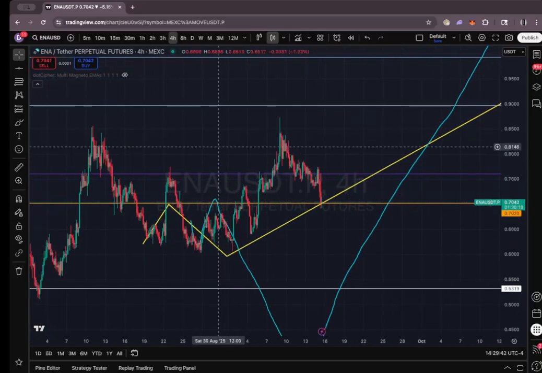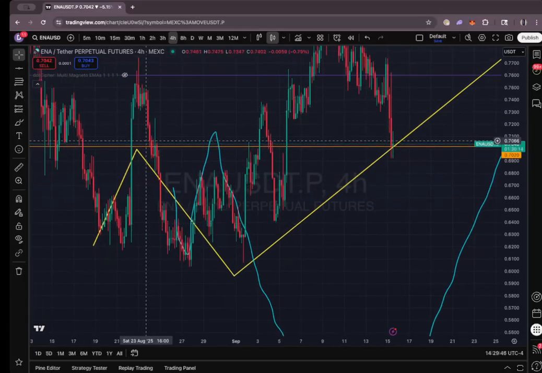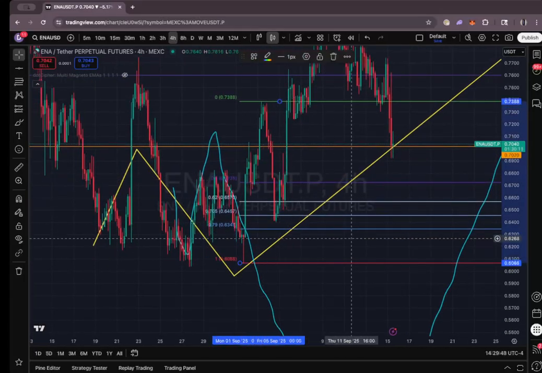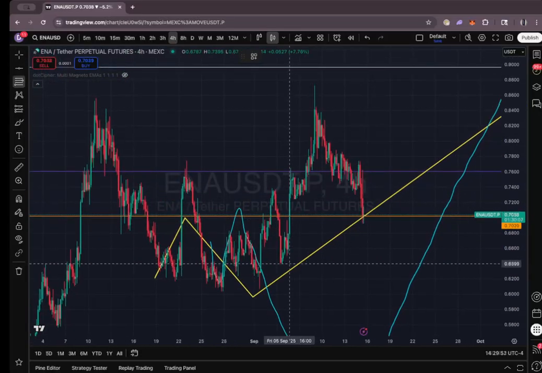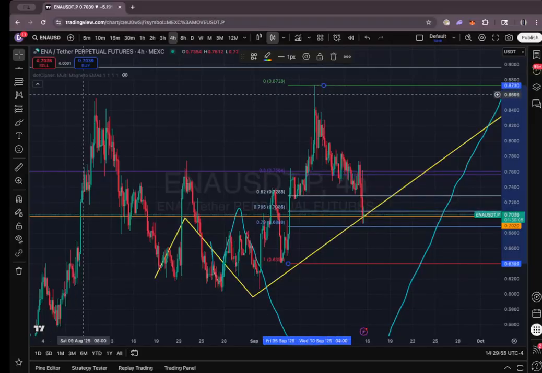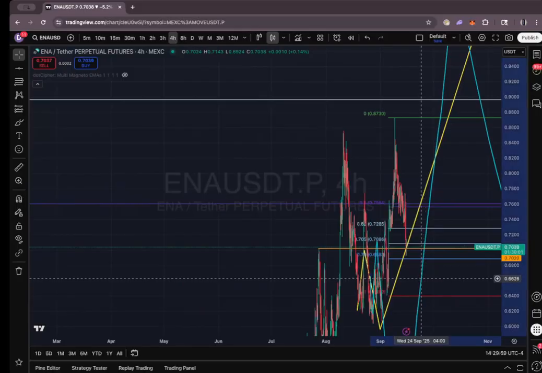Interestingly enough, we did break above this range, and now we are probably, I do not like this though. This is not, let's see, what is this? Is this supported? It is. Okay, so fair enough. I mean, it does have some structure here. It does have a little bit of structure here, I will say. This is not too bad. I'm going to delete this one.